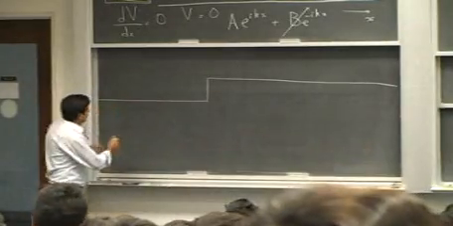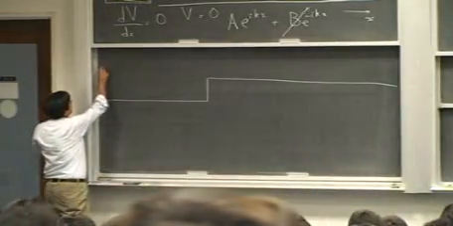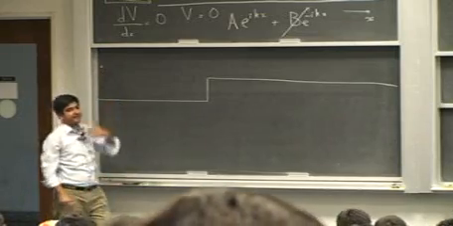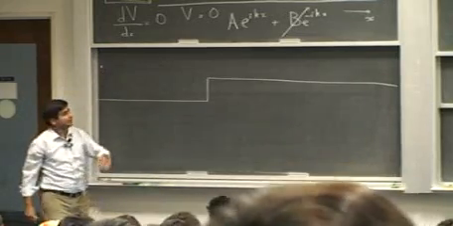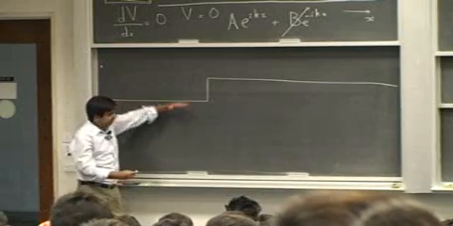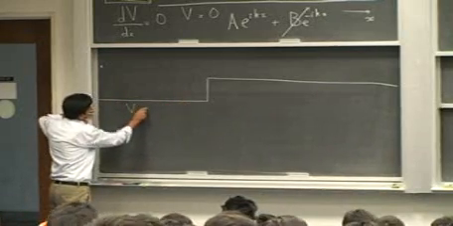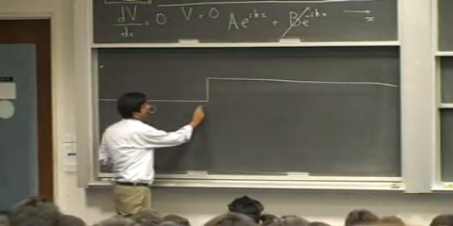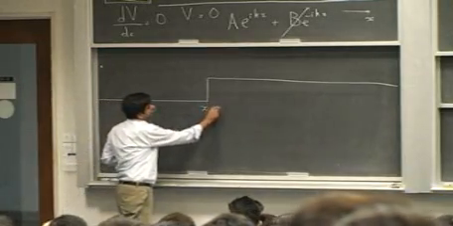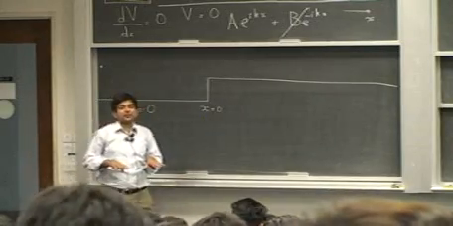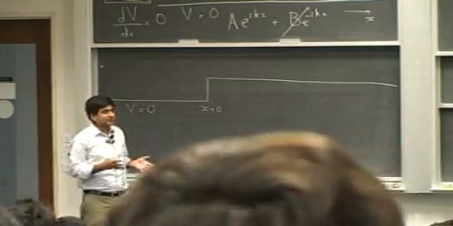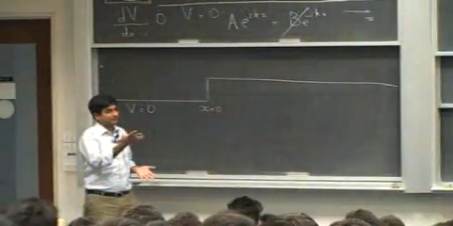Now the particle again is injected from the left and it moves towards the right. This particle, as you know, could be anything. Now here the potential energy is 0. And at a certain point in space, say at x equals 0, there is a discontinuity in the potential energy. Alright? The potential energy suddenly goes up.